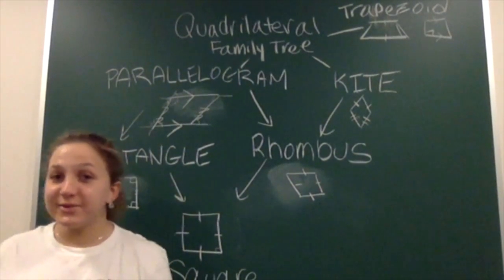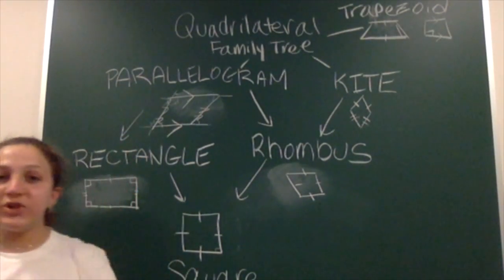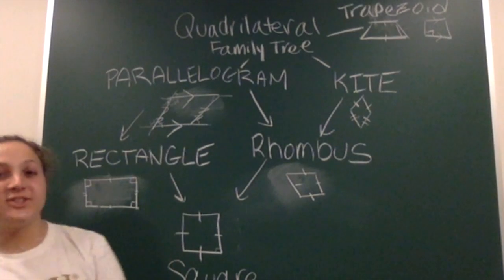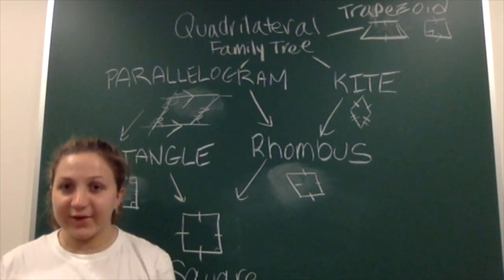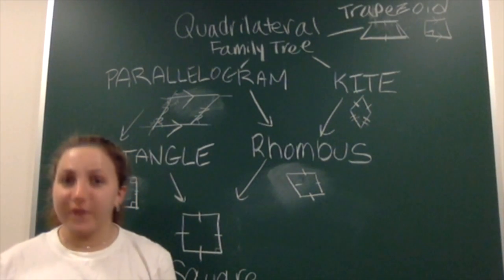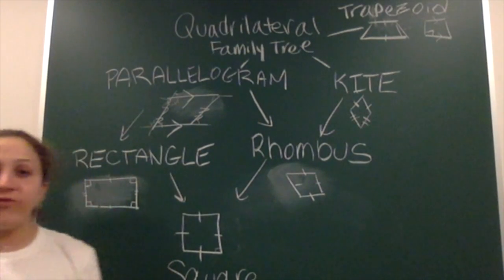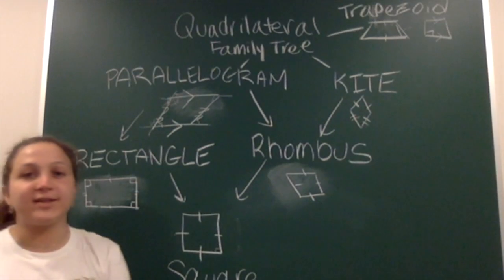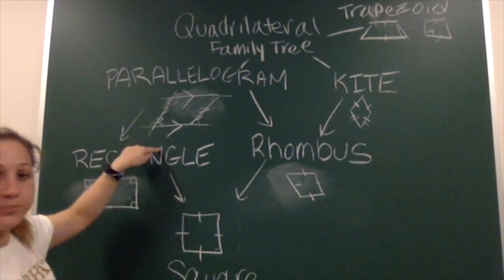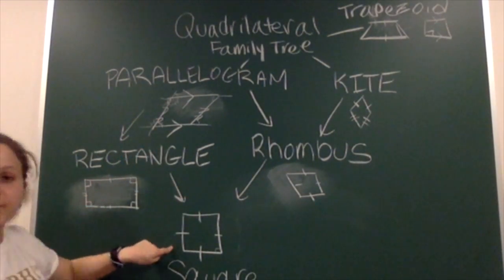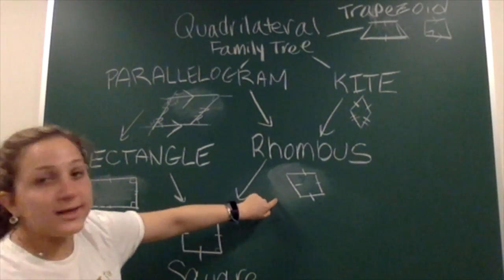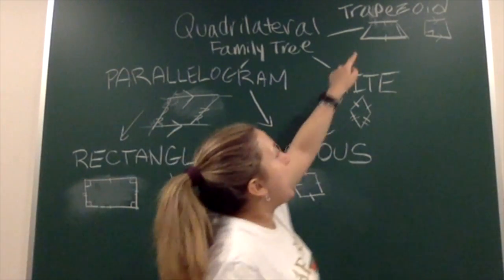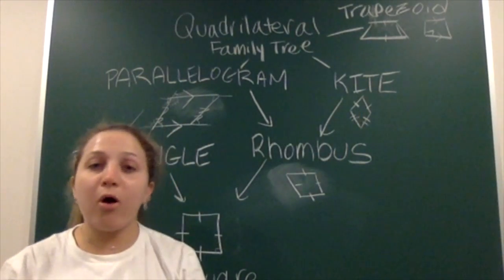Hello. So today we are going to be looking at the quadrilateral family tree. So in the first place, what is a quadrilateral? A quadrilateral is a figure with four sides. Therefore, all the shapes that we're going to be looking at today, the parallelogram, the rectangle, the square, the rhombus, the kite, and the trapezoid are all figures with